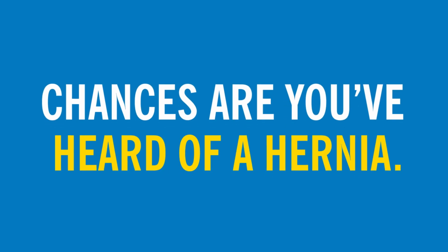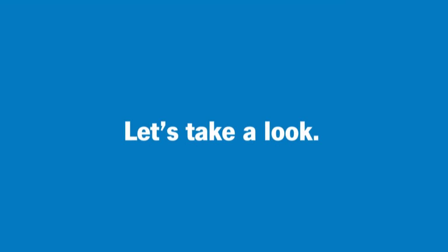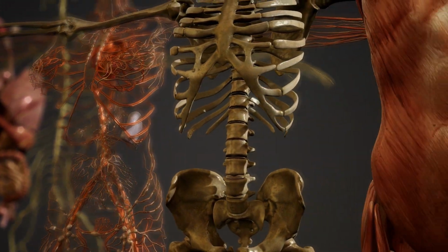Chances are you've heard of a hernia. Maybe you've had one or a loved one has. But do you know what's behind that bulge and what to do about it? Let's take a look. Deep inside our bodies, our organs are surrounded by muscles and tissue that hold them in